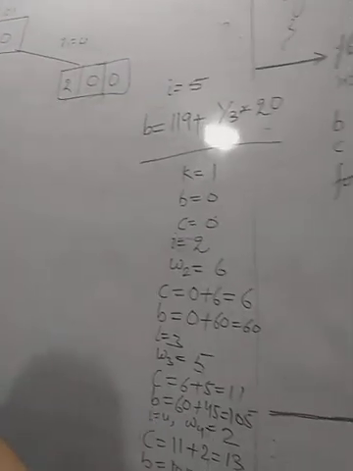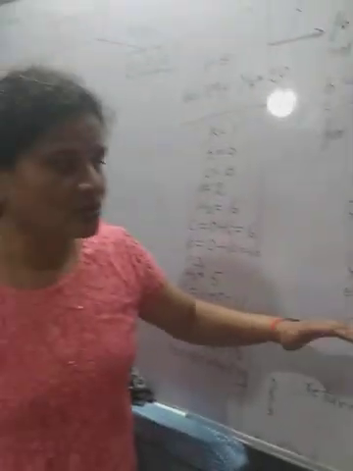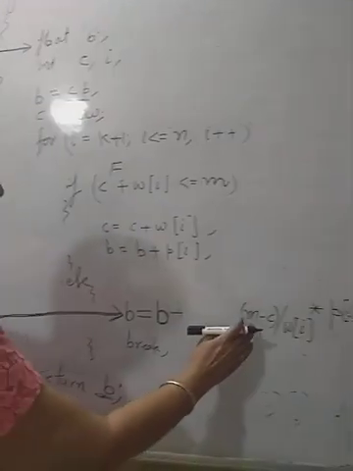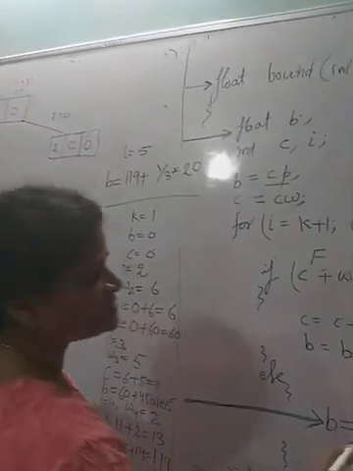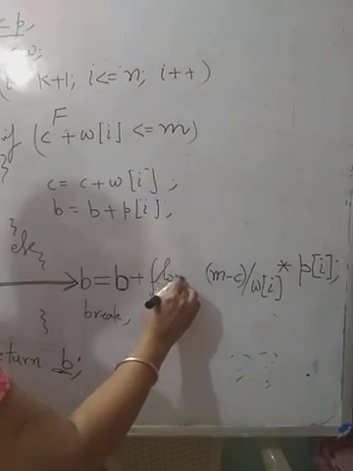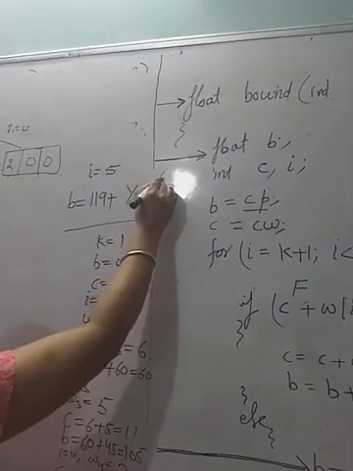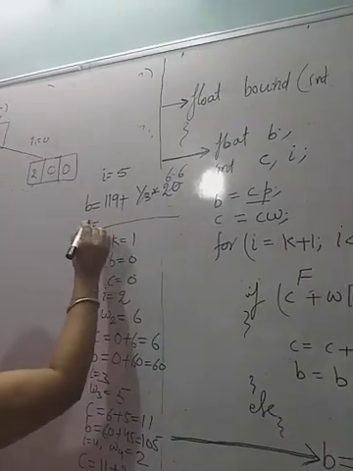Because fractions are allowed, first we have to consider 1 by 3. So here the typecasting is required so that its value is some 6.6,